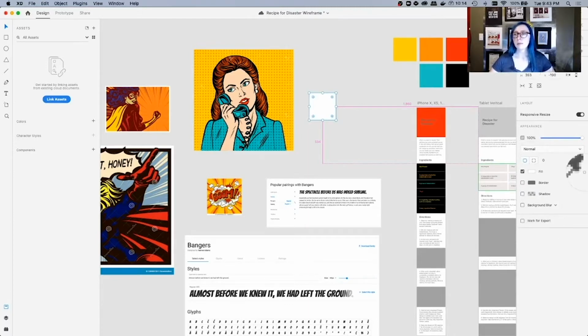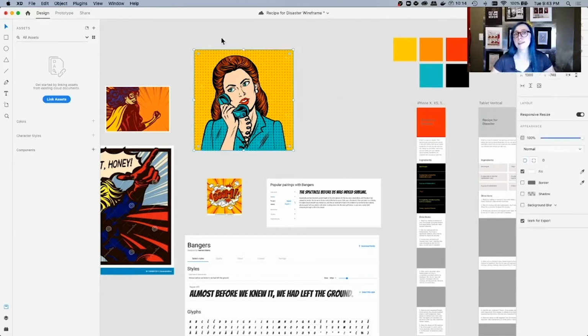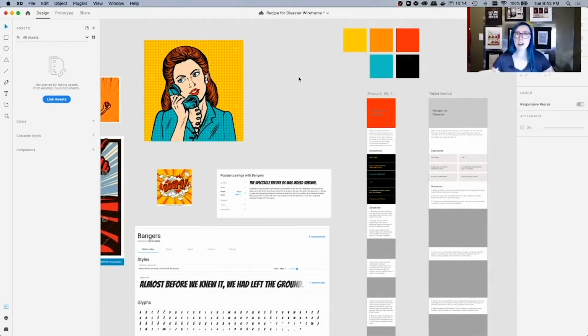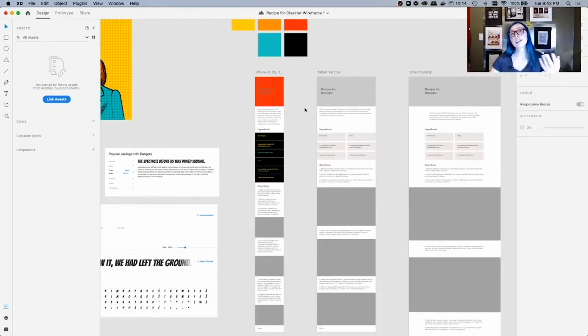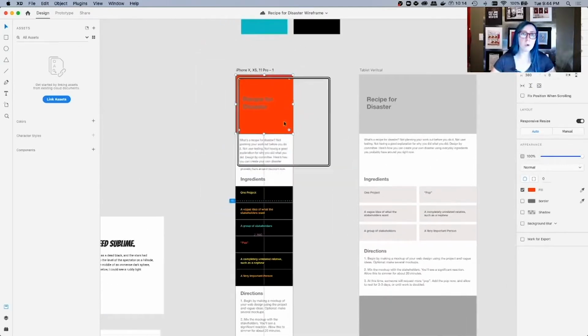Under fill, I'm going to click the eyedropper icon and take the color off the photo. I based my color palette off this illustration because I really liked the colors in there. You can choose either to use the colors straight off the illustration or modify them on your own in Photoshop. I'm leaving them as is for now. As part of my process, I like to rough things out in the mobile view and get a sense of the colors first, and then work my way up to typography. So I decided I wanted to start out with a really big, bright, bold area.